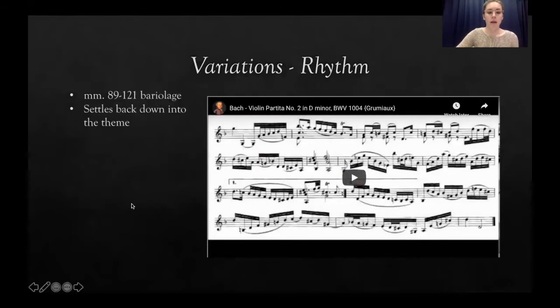And finally, we reach the climactic point here at the end of the A section. Coming out of the 32nd notes, we get into something called variolage, and this is my personal favorite part of the piece, where the violinist holds chords in his or her left hand, and then the bow arpeggiates very quickly on these chords. So let's listen to the 32nd notes leading into the variolage, which is the climax of the A section.